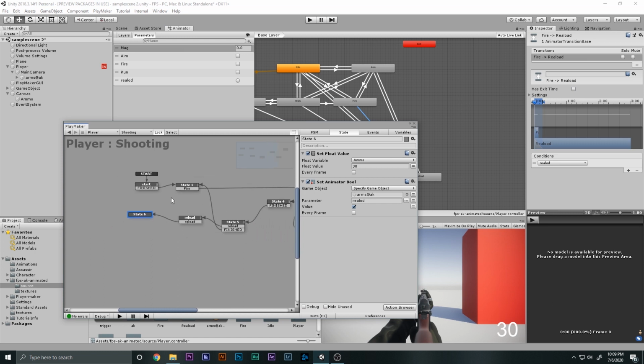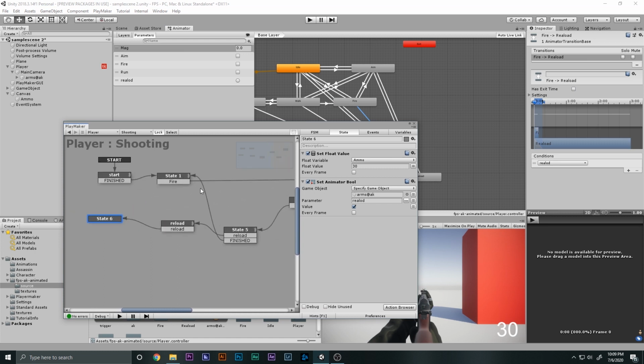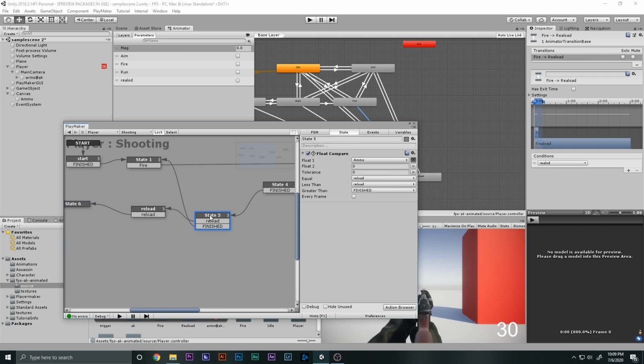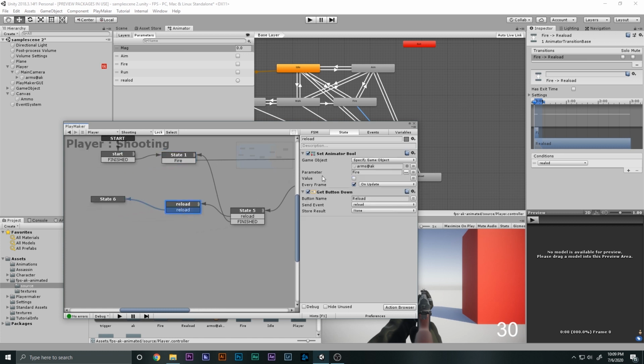I guess you are understanding what we are doing right over here. So what we just did, I'm gonna really quick explain it. We're gonna compare the float of the ammo. If ammo is 0, we're gonna come over here. If it is not 0, we're gonna simply come over here. If it is 0, we're gonna check whether or not the player is pressing R. If it is pressing R, we're gonna come over here, set the ammo to 30, and we're gonna play this